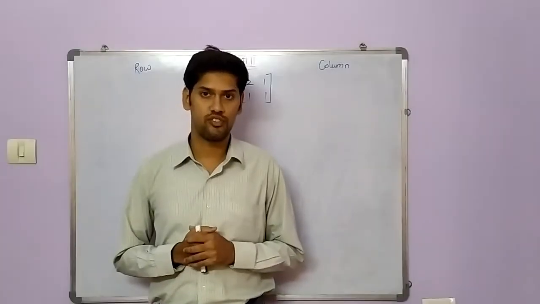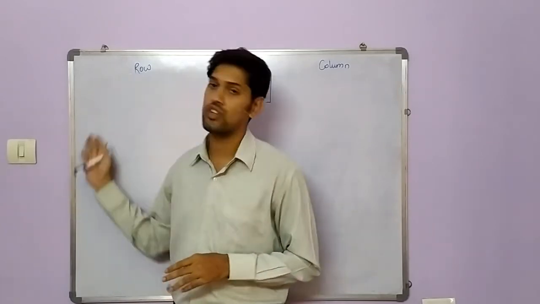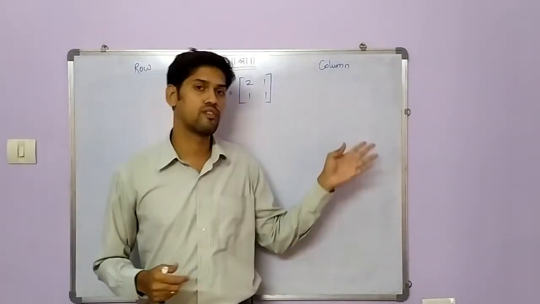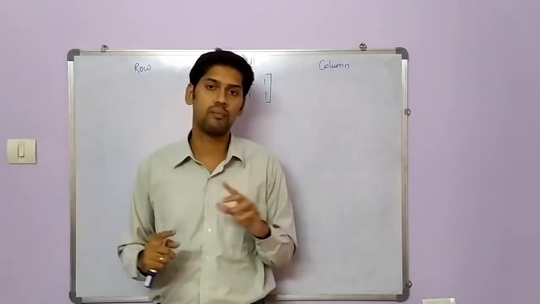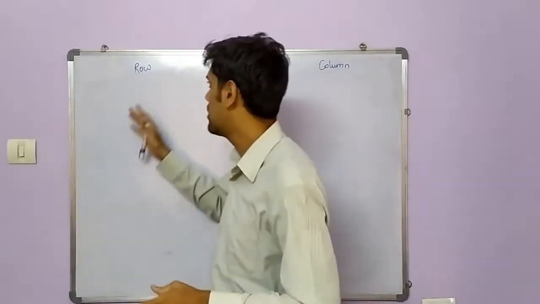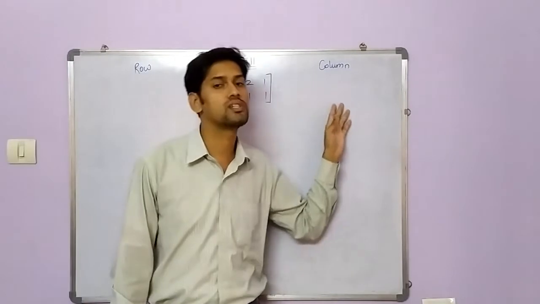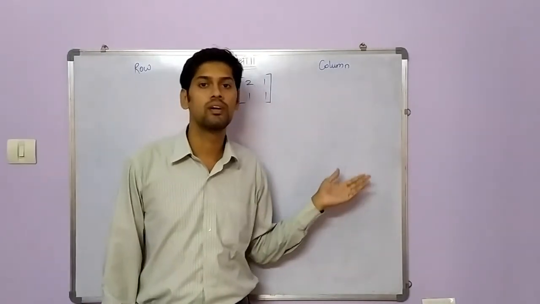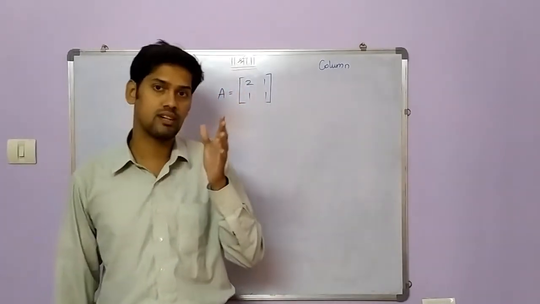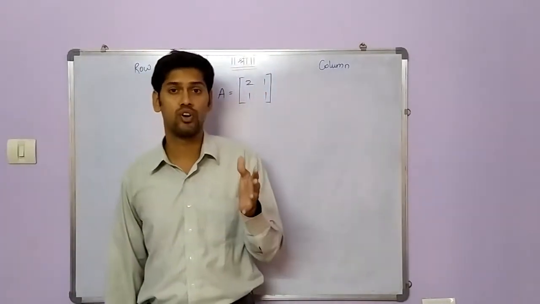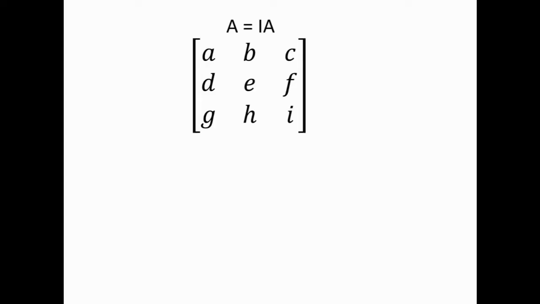When we are finding the inverse of a matrix, there is a sequence that we need to follow, and this sequence depends on whether you are solving using row transformation or column transformation. Make sure you don't mix both the methods in one particular problem. Once you select, if you want to do it by row, you have to do it by row transformation. If you select column transformation, you have to continue till the end of the problem. You cannot mix both in the same problem, and that will not give you the outcome. So we'll see the sequence that has to be followed in either of the cases. So here is a 3 by 3 matrix A.